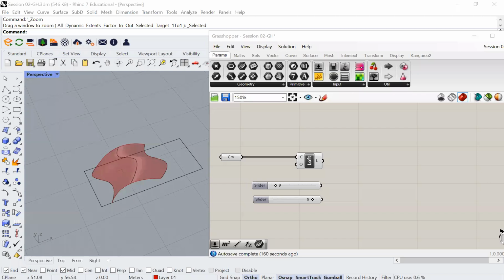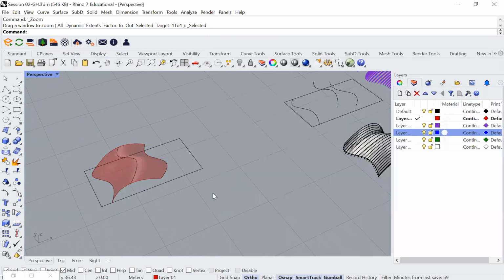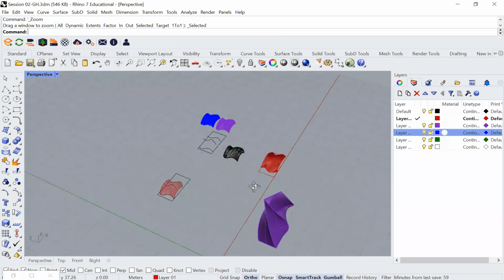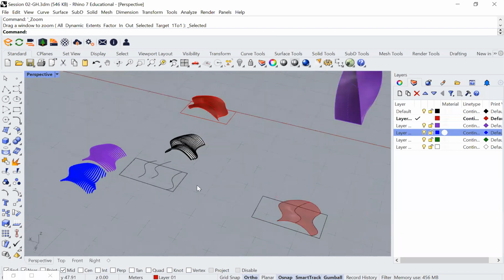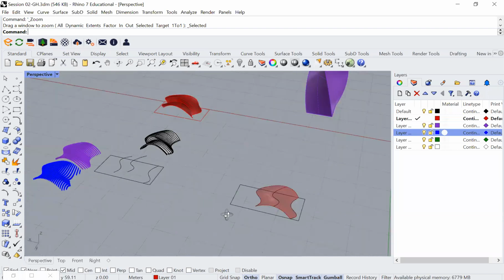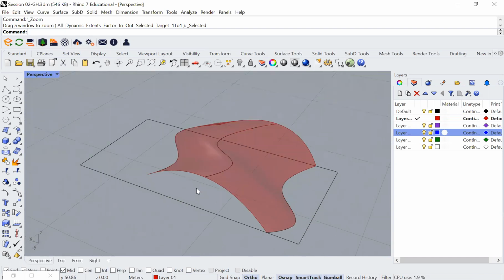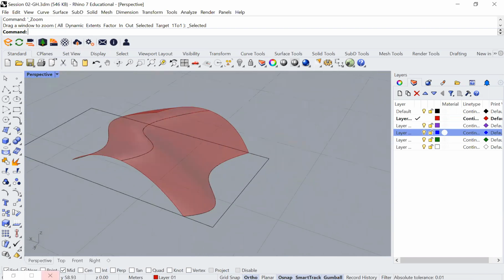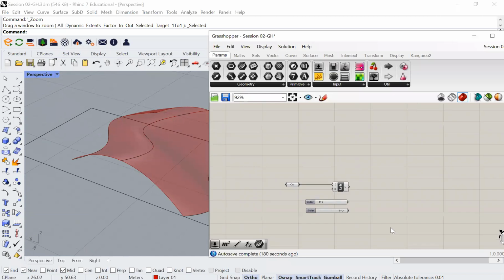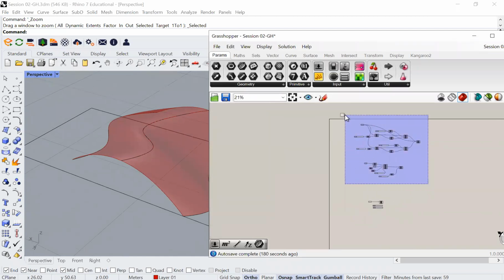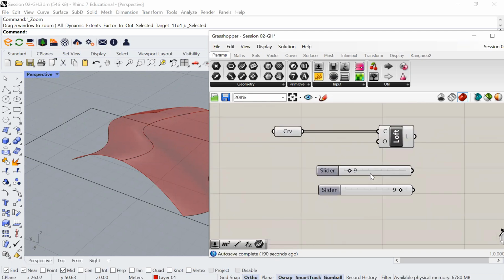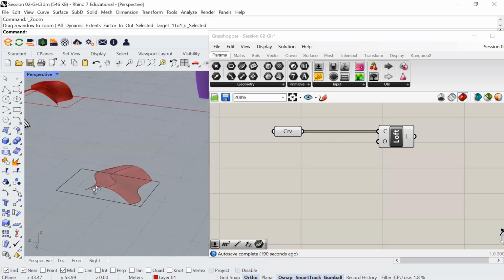I'm gonna show you today how to create a pattern on a surface. Basically I copied those curves that I created already, and I created this loft in the Grasshopper definition. I took all the rest of the definition and disabled them so I don't need to see them. And then what I did is just did a